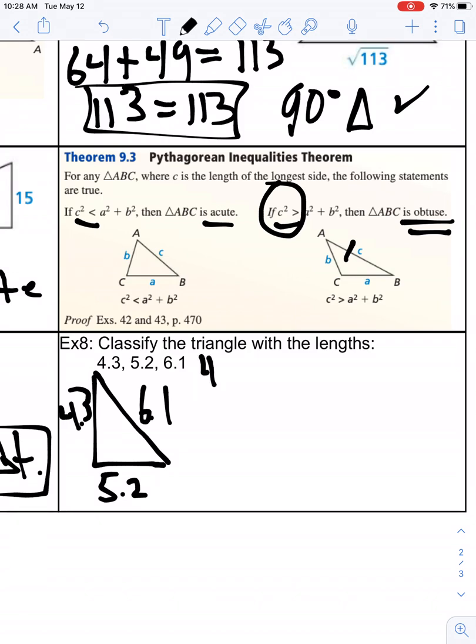So we have 4.3 squared plus 5.2 squared equals 6.1 squared. Okay? Again, for right now, I'm just doing an equal sign because we don't know. In the end, we will modify it if we have to and see if we need to use inequality symbols versus equality symbols. So if we square 4.3, it's going to give us